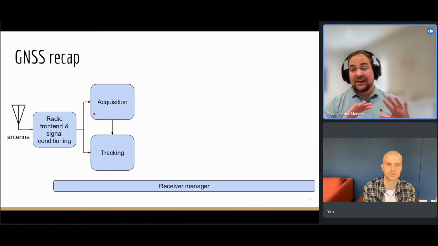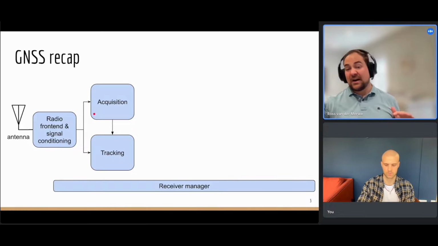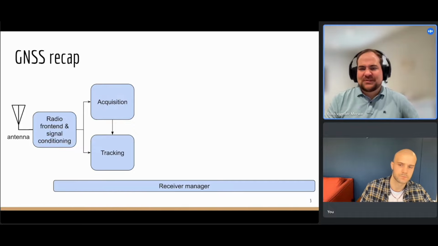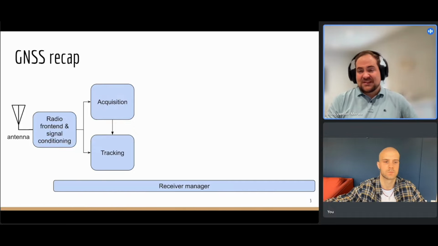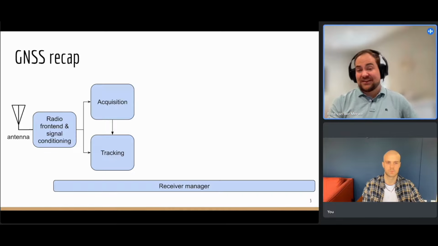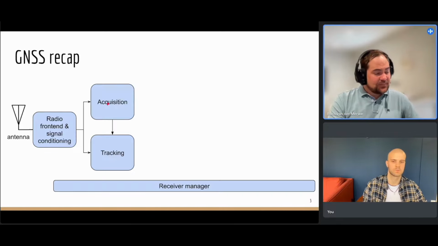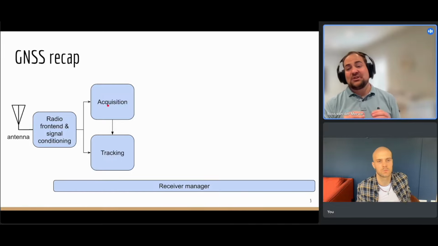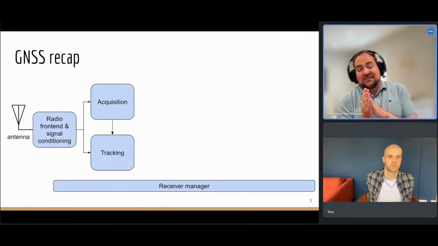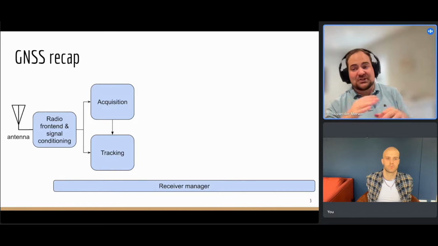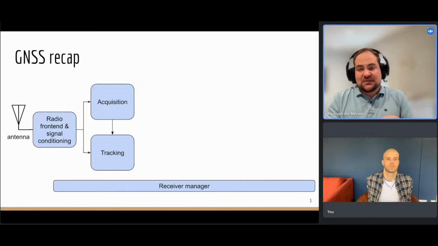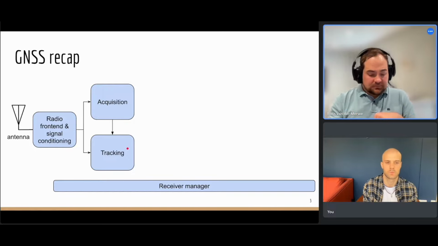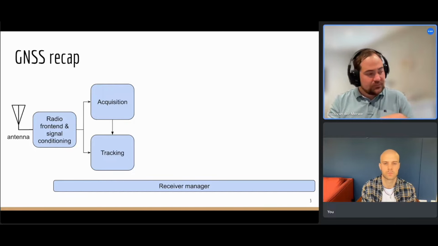So you're starting with the digital raw IQ samples. This is typically at very high rates. I would say a good receiver bandwidth is in the range of 10 megahertz, so this is 10 million samples coming in each second that you have to process. But after acquisition and tracking, you'll have a very small number of measurements, basically telling you the time offset, the code phase offset, which is a bit more correct here, and the frequency offset. So you go in with raw IQ and you come out with observables and some measurement of the signal.